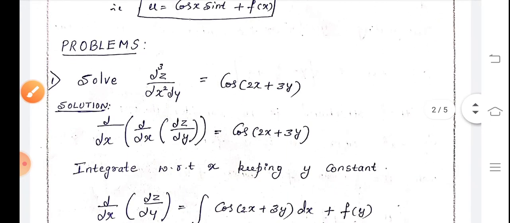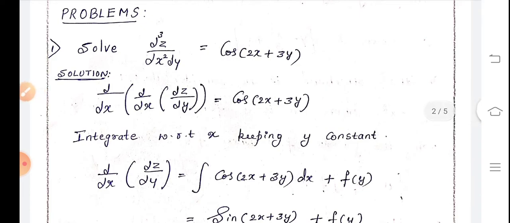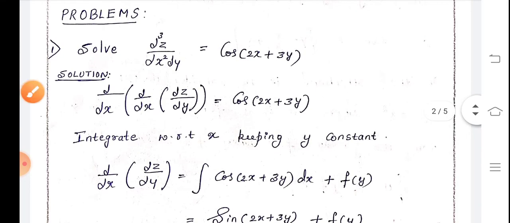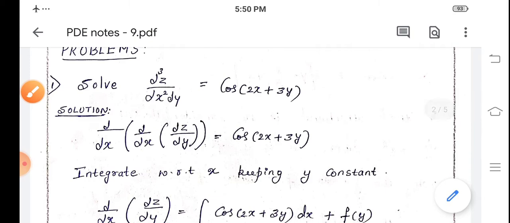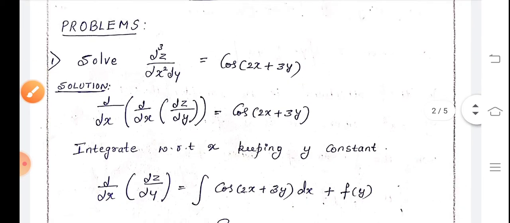Now we will work out few problems on solution of non-homogeneous differential equations. Question number 1. Solve dou cube z by dou x square dou y equal to cos of 2x plus 3y. Here the given partial differential equation is